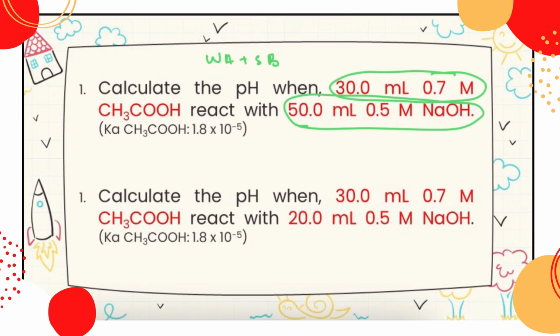Alright, so first of all, to calculate the pH, we need to write a balanced chemical equation. So the reaction is between the acetic acid